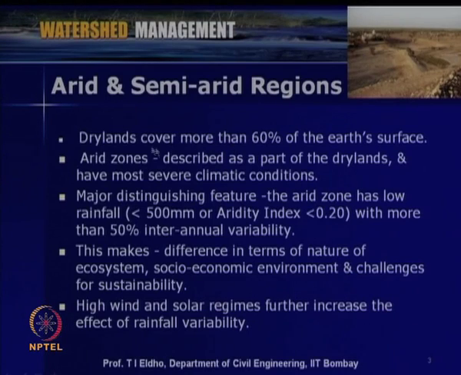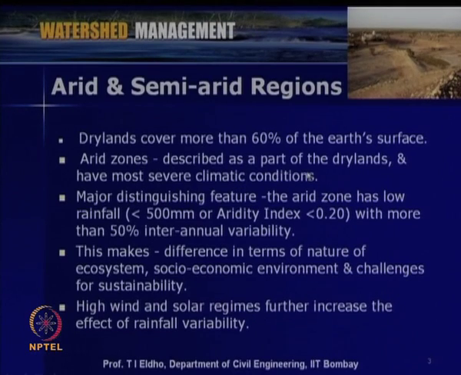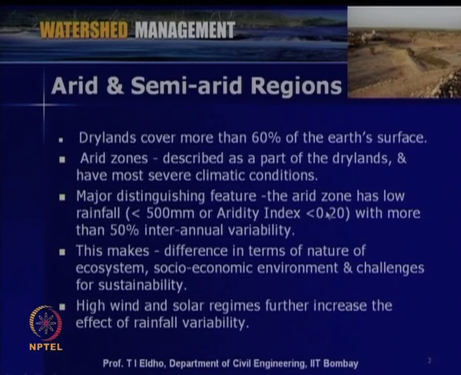In the 60%, in one way or another, water shortage is there. That is why we call these dry lands, and out of this, the arid zones are described as part of the dry lands. The major distinguishing feature of the arid zone is low rainfall; most of the time the average annual rainfall will be less than 500 millimeter, or the aridity index will be less than 0.2. Aridity index is used to identify the arid lands in the dry lands region. Whenever this index is less than 0.2, we classify the land as arid zone,